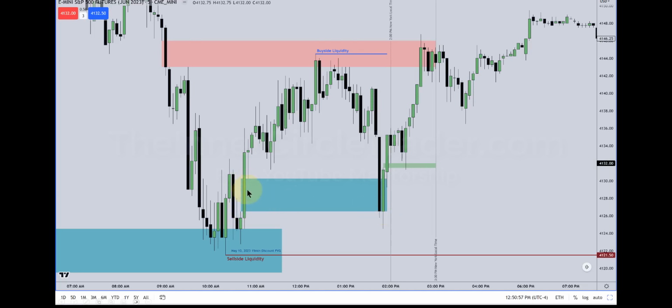So it's telling you it's respecting this buy side imbalance, sell side inefficiency, or fair value gap. Going into 2 o'clock, we rallied and we created a small little fair value gap there. The market drops down into that before taking out the relative equal highs, buy side liquidity, and/or returning back to a premium sell side imbalance, buy side inefficiency, or fair value gap that would be above the market here